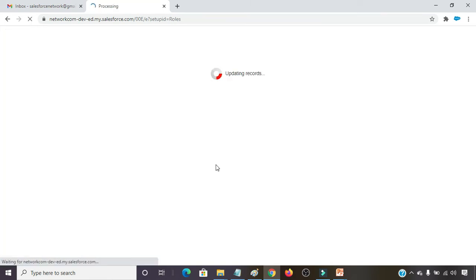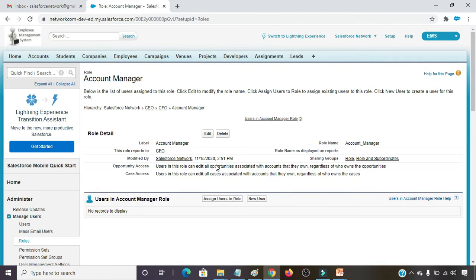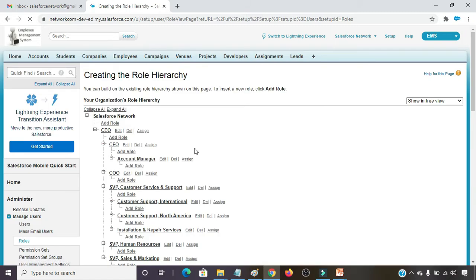Like this we are creating roles in classic view. If I look again at how it looks, this is our org name, this is CEO, under CEO there is a CFO, and under CFO we created one role by the name account manager.